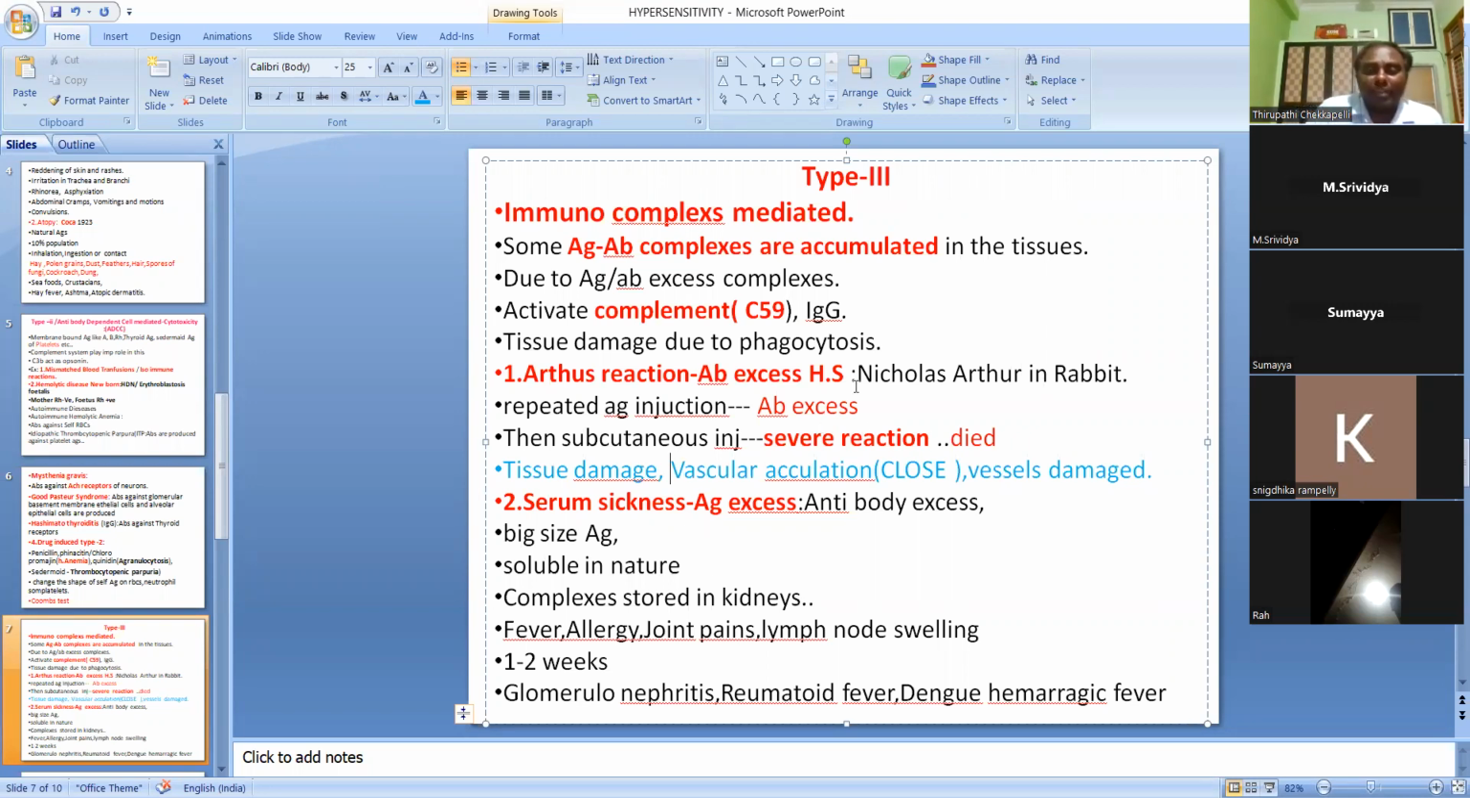Next, another example for type 3 hypersensitivity is serum sickness. So it is antigen excess. Arthus is antibody excess, and serum sickness is antigen excess. Due to that, here the number of antigens is higher than the number of antibodies, that is number 1. Number 2 is that those antigens